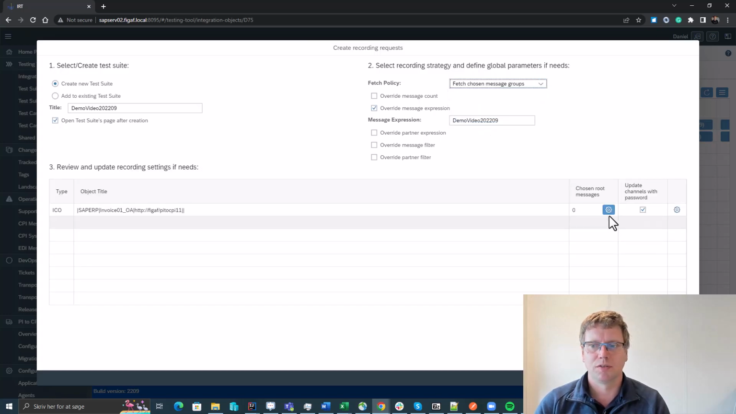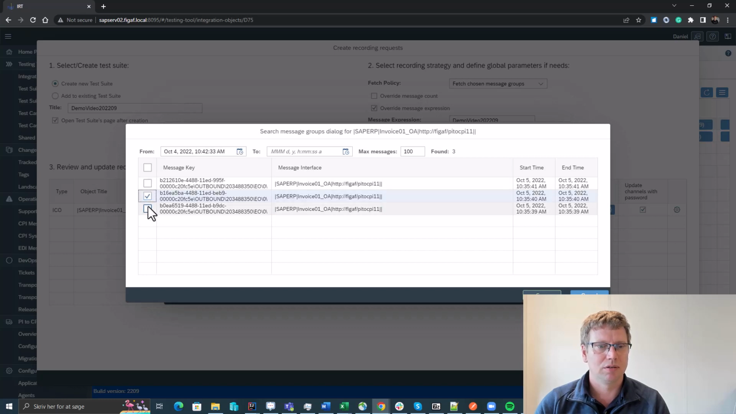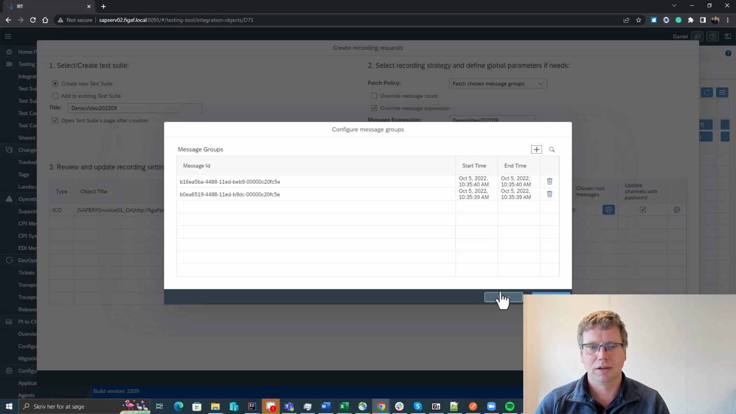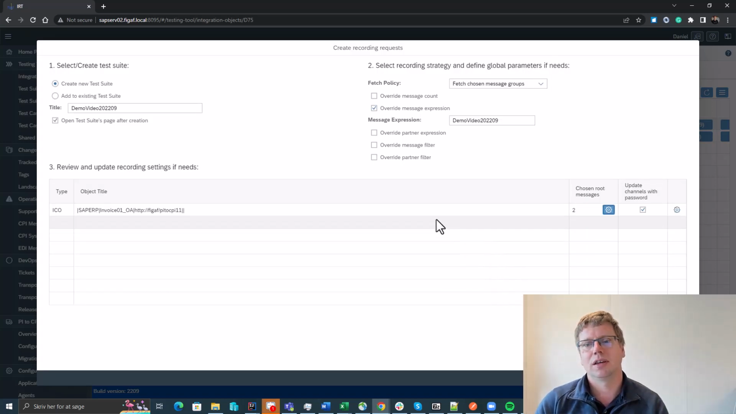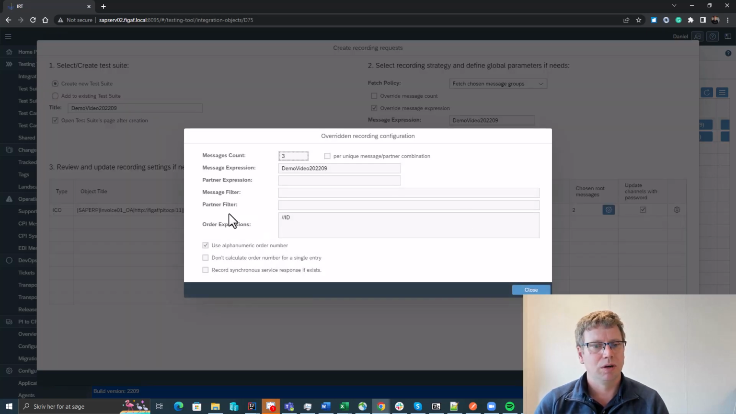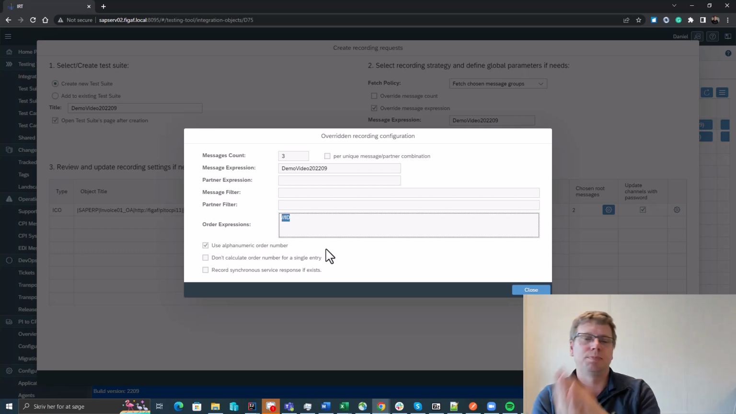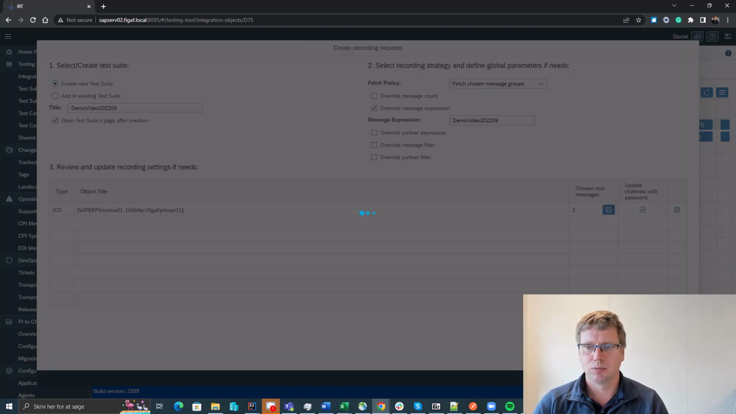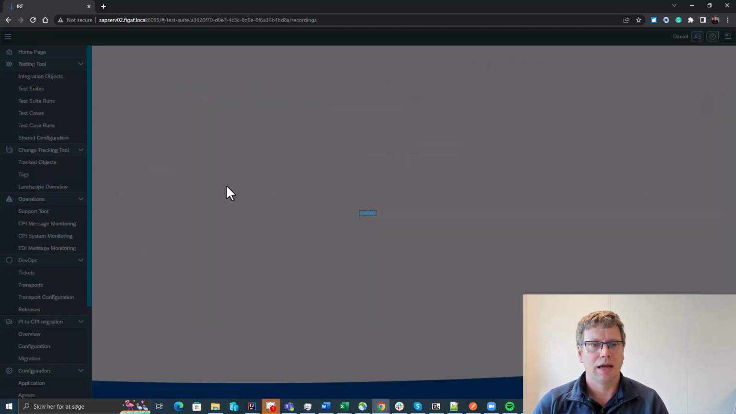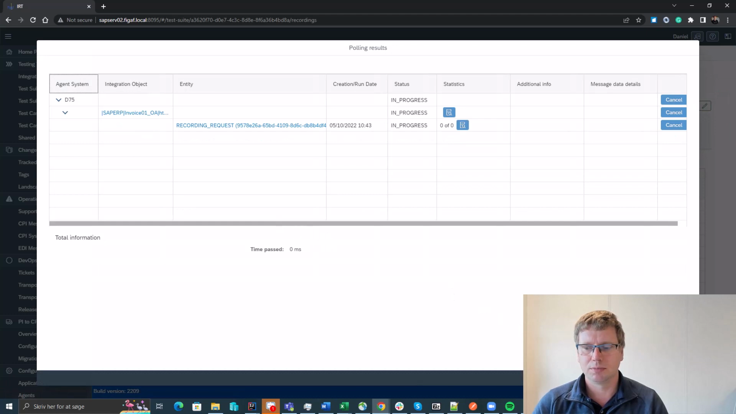We just want to specify some specific messages. We can see what has been processed here in the last period of time. We press save, and now we are creating a test case based on this information. If we just go in here, we can also see we have added an order expression. This is because the payload is split, and therefore we need to have ordering of specific interfaces. So we'll select here create, and now it will fetch these messages,